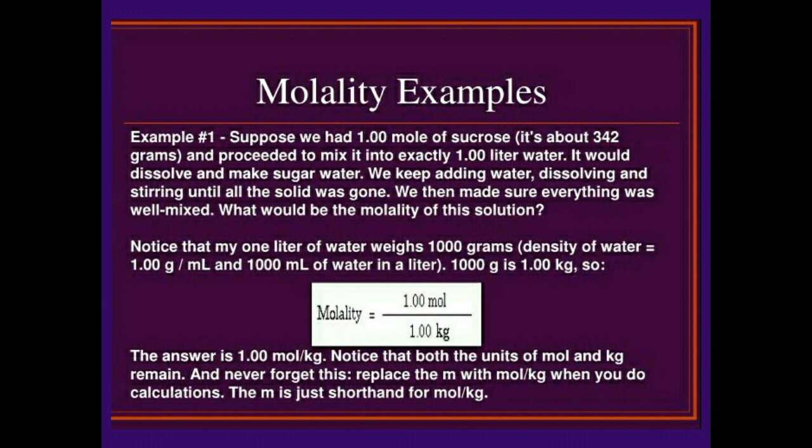1 liter is the volume, density is 1 gram per milliliter. So we will convert the liters into milliliters, that will become 1000. When we multiply it by 1, it will become 1000 grams, and when we convert the grams into kilograms, it will become 1 kilogram. So the simple way is this: if the volume is 1 liter of water, the mass of water will also be 1 kilogram. Clear? It's very simple. So molality is equivalent to moles of solute upon weight of solvent in kilograms. So it will be 1 upon 1, so the answer will be 1.